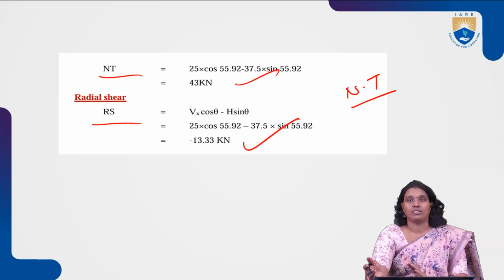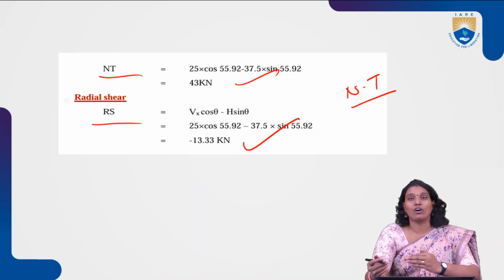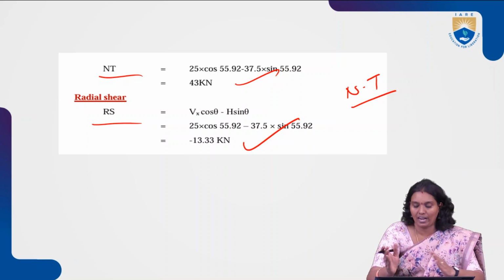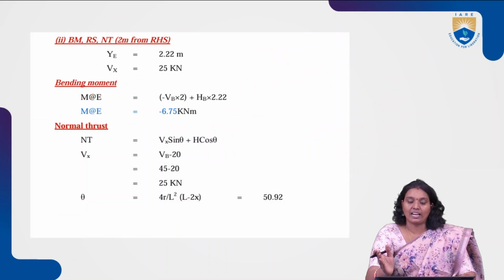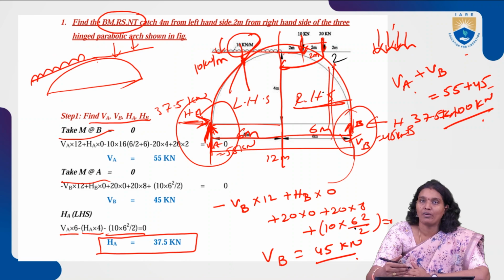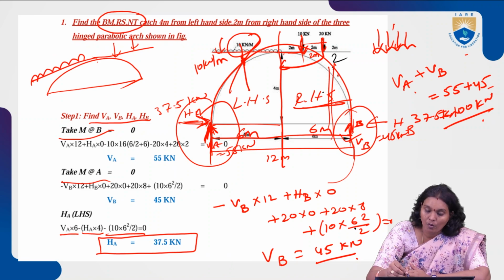The formulas are the same, but the approach differs according to the various scenarios. In the first condition we applied from the left hand side. Coming to the right hand side, the scenarios are different, but we use the same formula. At that particular point we are going to find the normal and radial